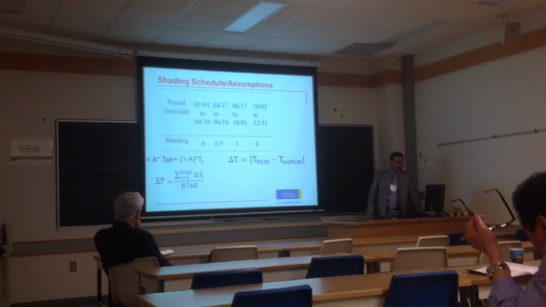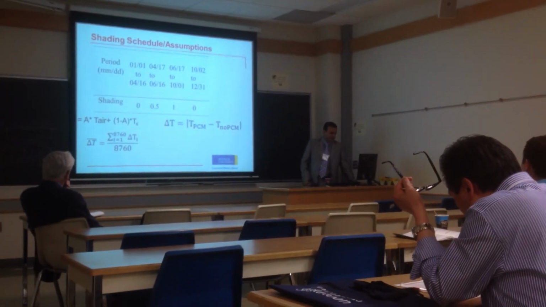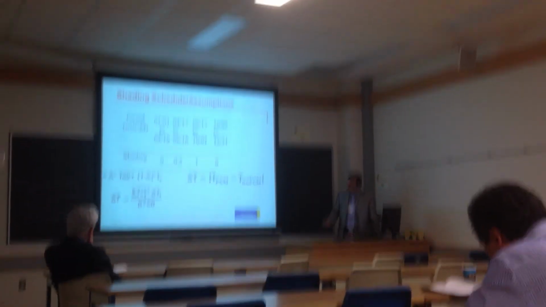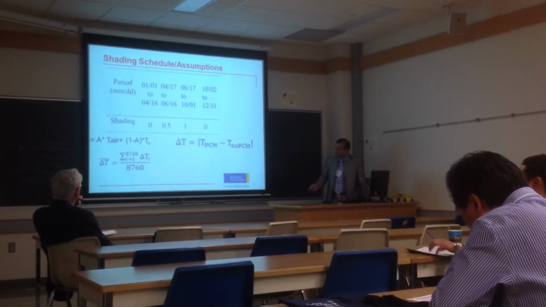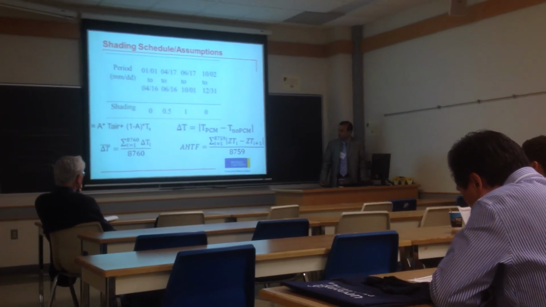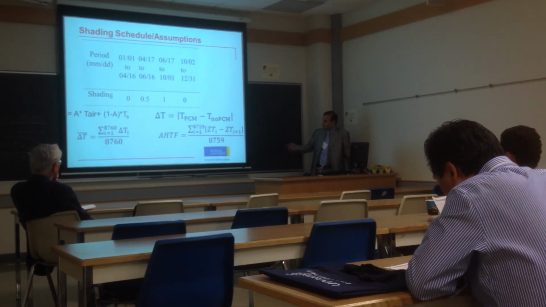In whole year is 8,760 hours. So this delta T with bar gives me average temperature difference. And I'm defining average hourly temperature fluctuation index, which is